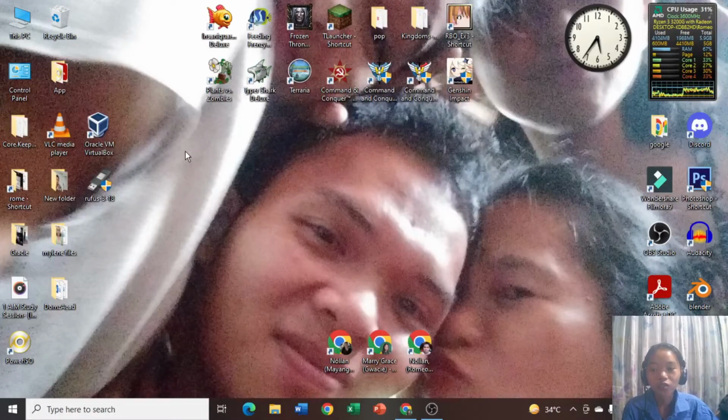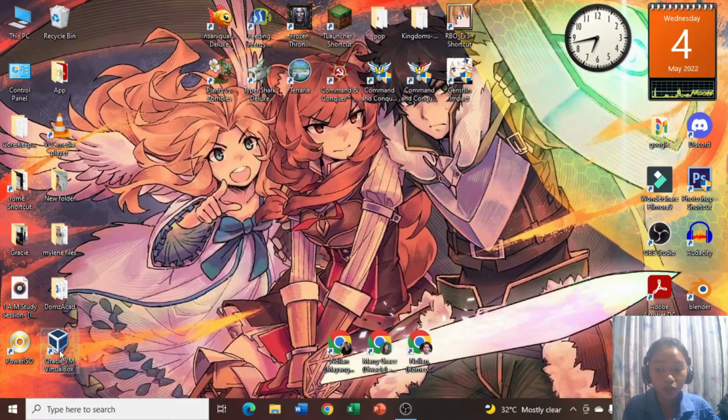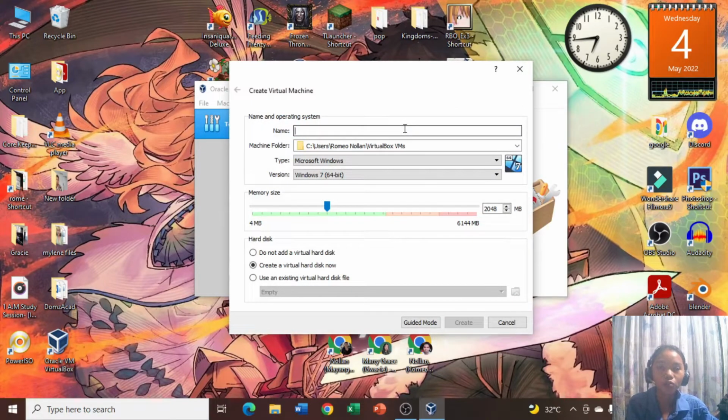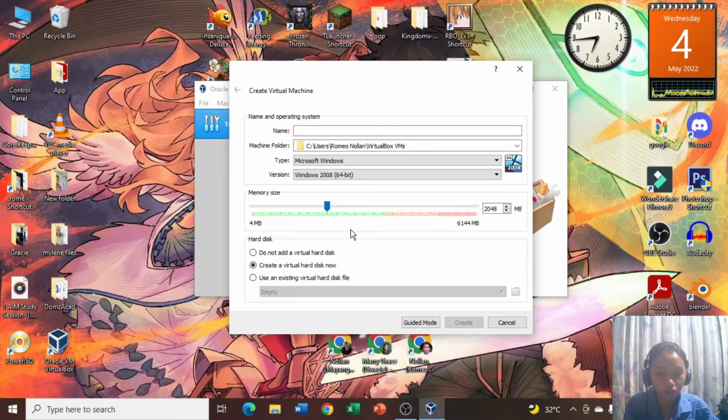I have already installed my Oracle VirtualBox, and I also have my OS available as an ISO image. So first, let's open our VirtualBox here. A moment ago, this VirtualBox could only handle 32-bit, but I have adjusted it by fixing the BIOS setup and